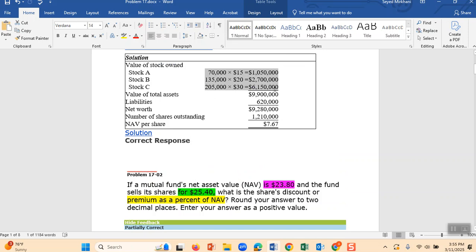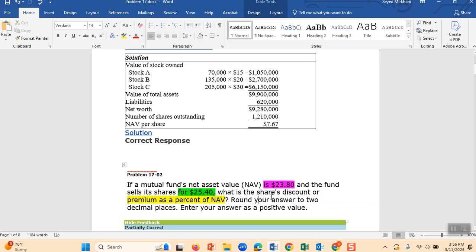They cannot pick good stocks the way I pick. I am an excellent stock picker. In the past 20 years, I have picked many good stocks. For that reason, instead of paying 23.80 for this share, you are paying a little more, and that is the premium. How much more are you paying? You subtract this number minus this number. You can use Excel to do that subtraction.